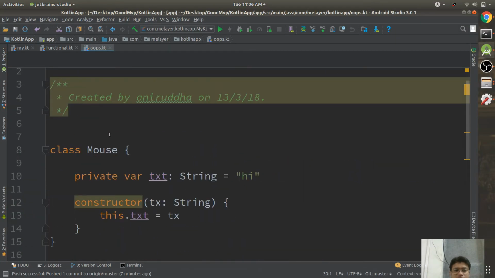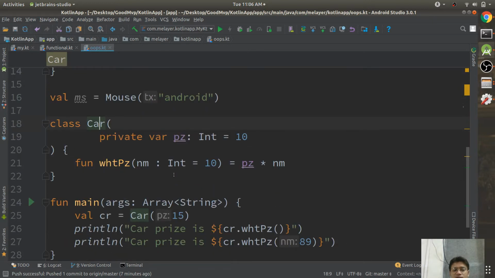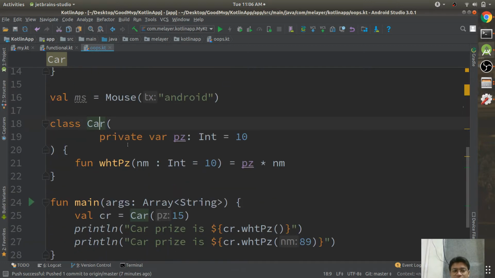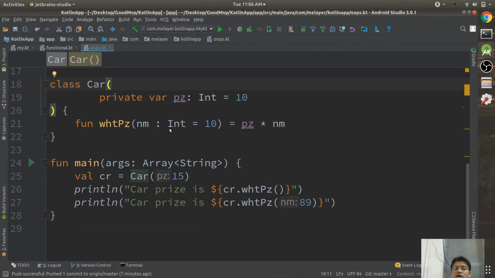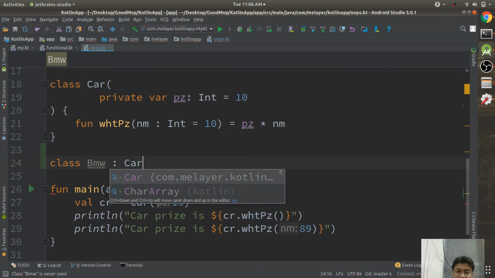Simple, we created what is a class, what is a car, what are the primary constructors, what are the secondary constructors, and other things. Okay, let us start a new thing, which is nothing but inheritance. How do you achieve inheritance? If you see, class BMW extends class car,